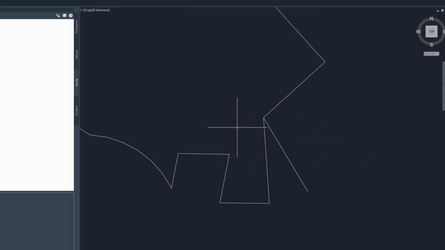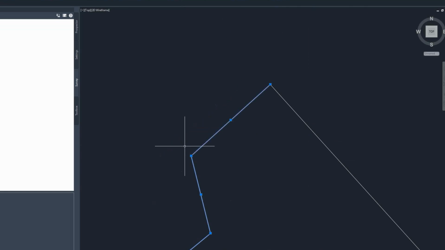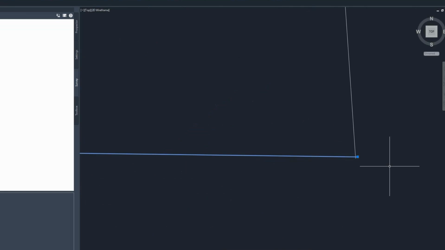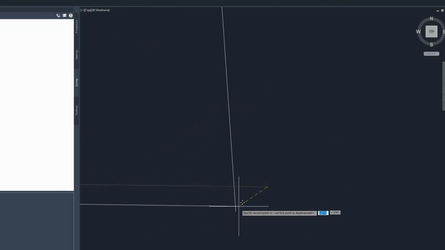Let's do what we probably should do here. We would move these back to make sure that our boundary is contiguous as the calls are ordered. So I selected them all, and then I hit M for move, and now I'm going to select by this point and move it to this point so that they close. And then we're going to reassess our closure here. And you can see that's a tiny gap,